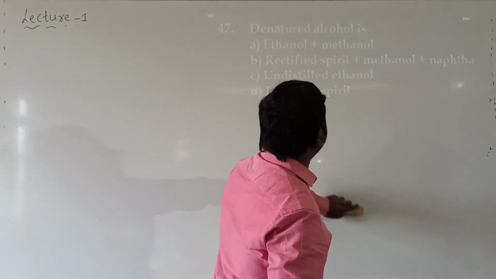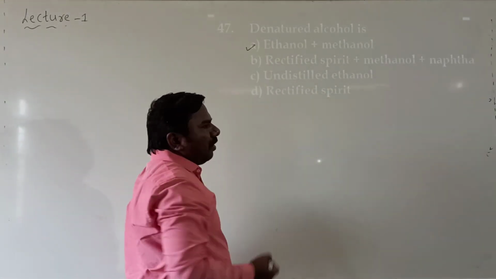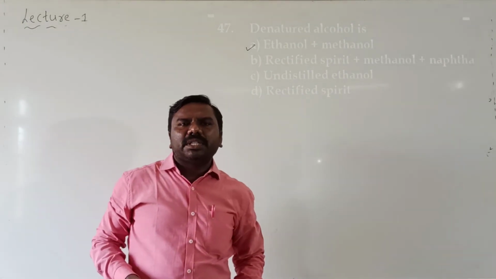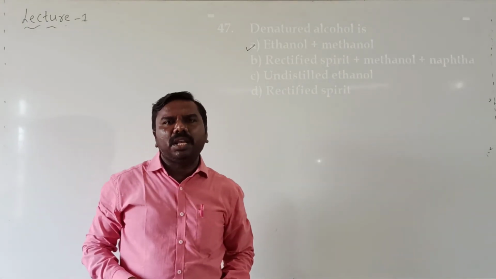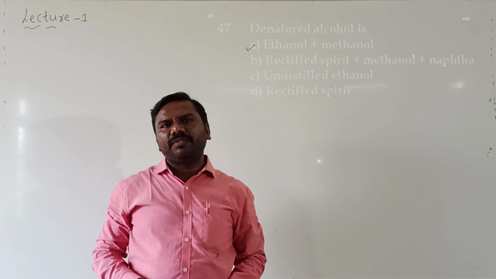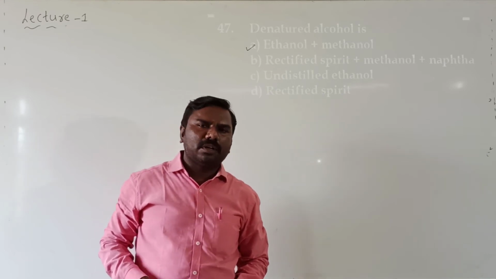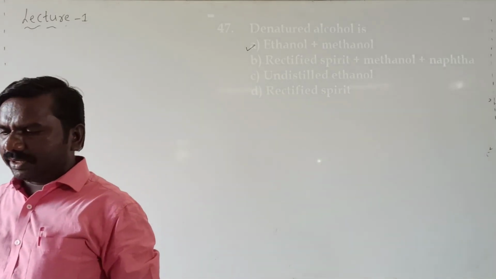Denaturated alcohol. Ethyl alcohol plus methyl alcohol is there, that is named denaturated alcohol. To make it foul smelling, copper sulfate also they will add. Next,